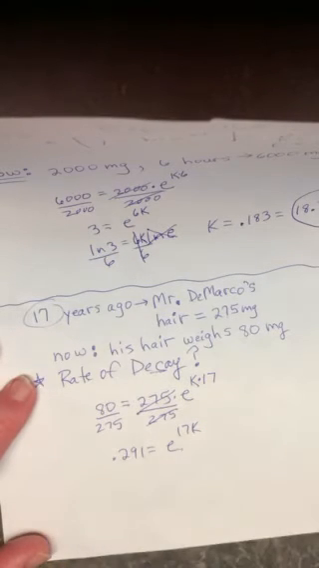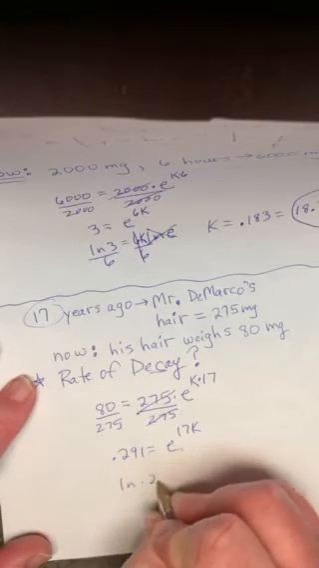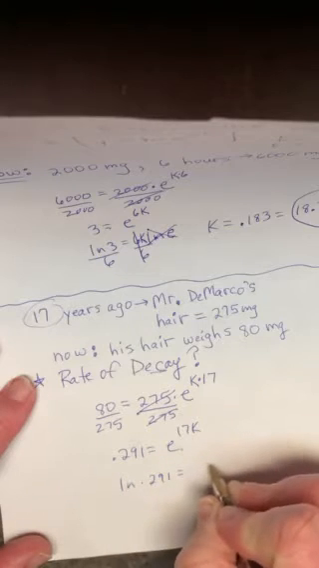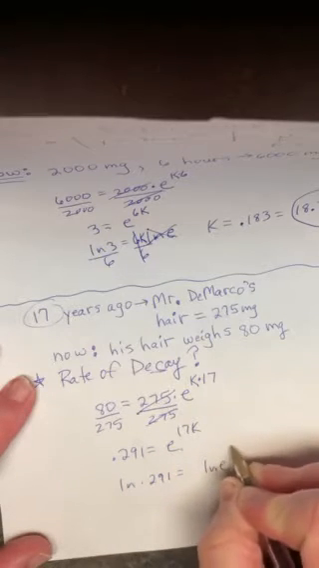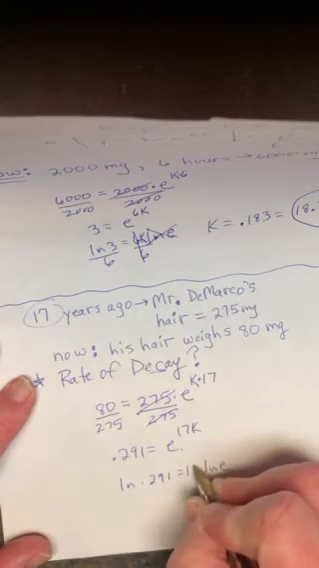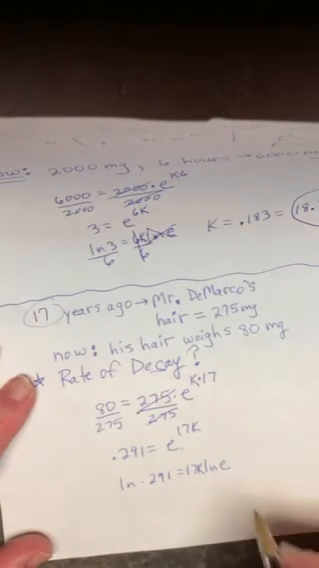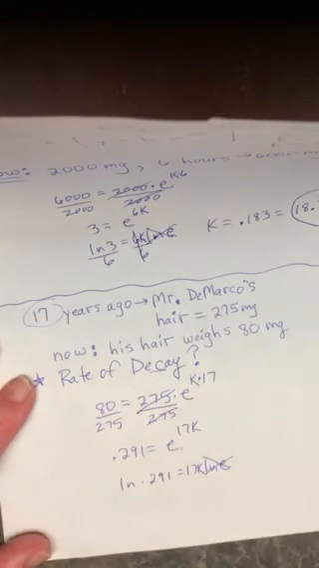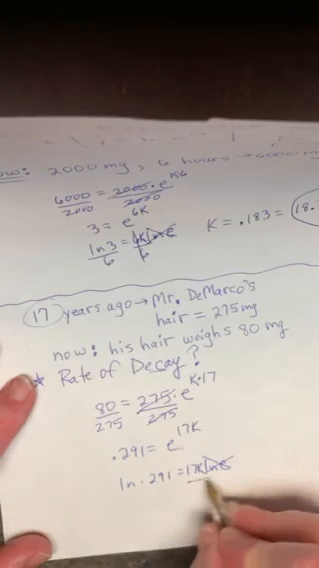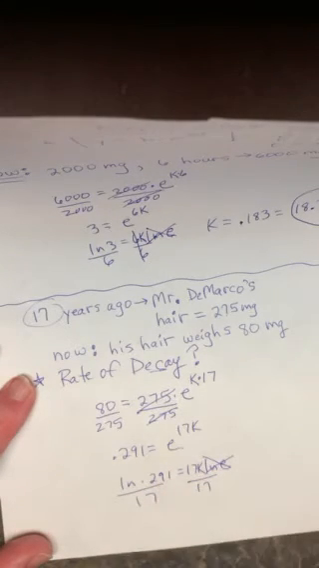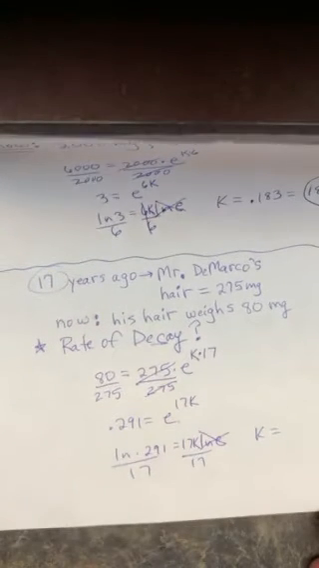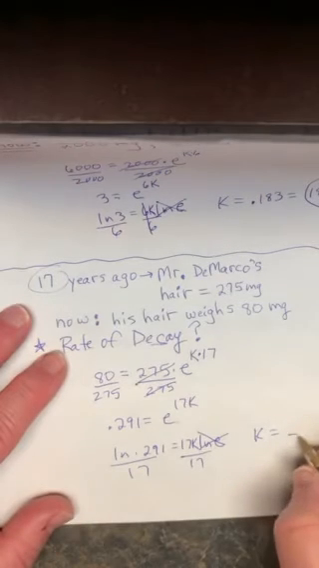Let's ln both sides. ln of 0.291 equals ln of e to the 17k. That goes out in front. The ln e is irrelevant because it's a 1. To get k by itself, I divide by 17. And k equals, okay, on my calculator, I'm hitting ln of 0.291. Enter. Divided by 17. Enter. Negative